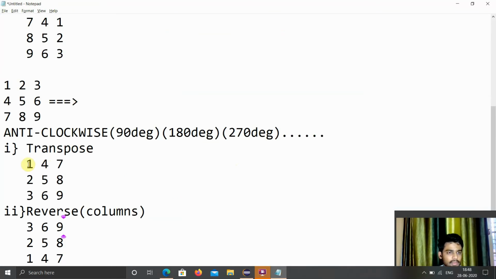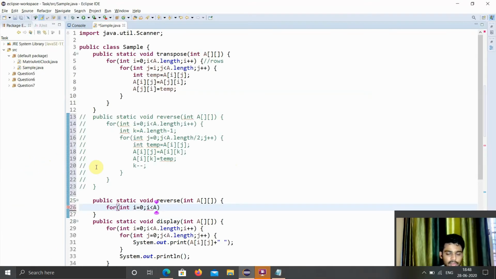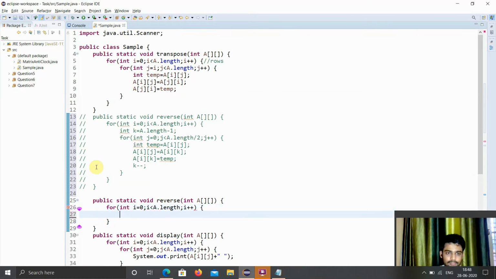For each one time of the outer for loop, the inner for loop should iterate over all the rows. So int a equal a dot length and plus plus. For int j equals 0, j less than a dot length, same way.